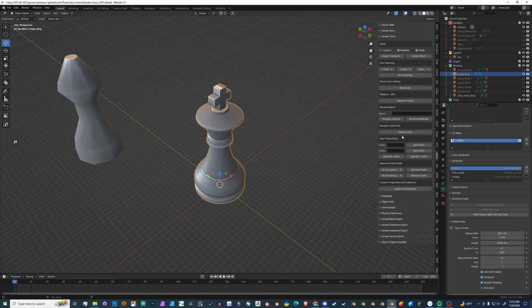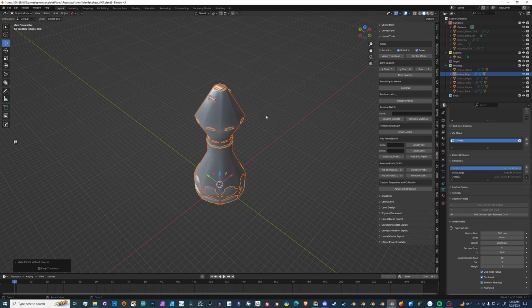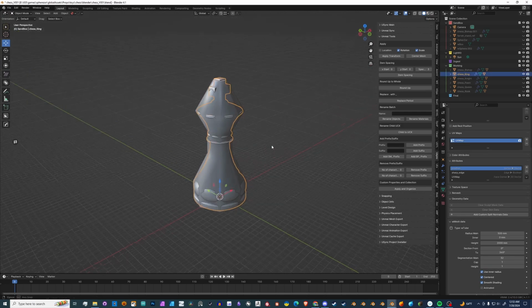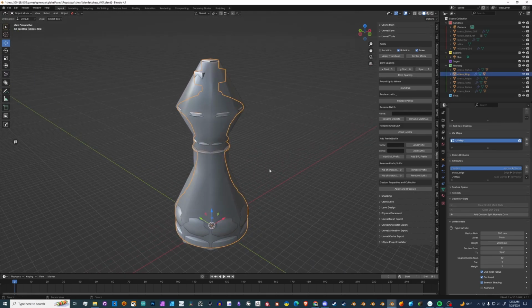And so now you got child to UCX. So this is a collision object that I made for this object. I'm going to parent it with Control P. I'm going to do object without inverse. And what's kind of nice about this is that if I hit the child to UCX,